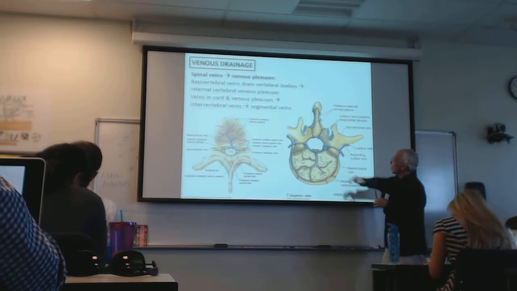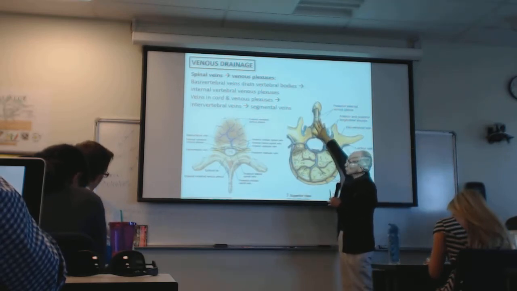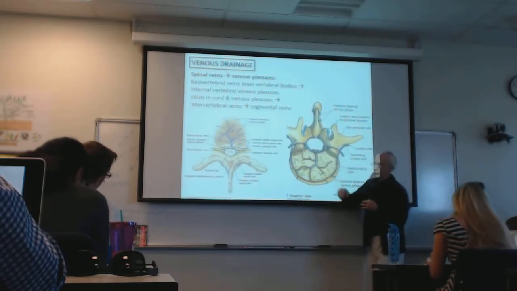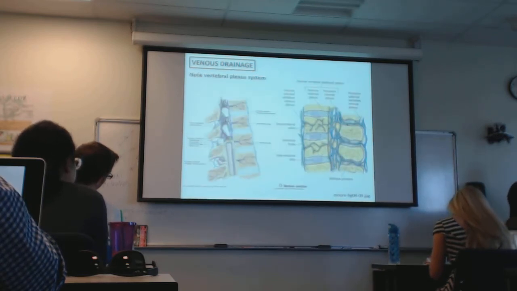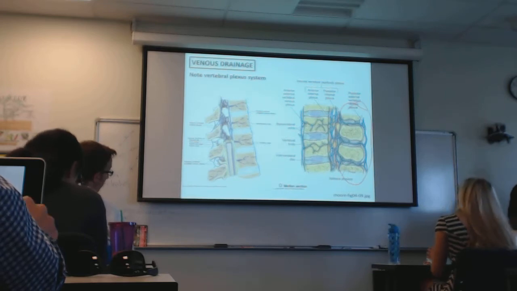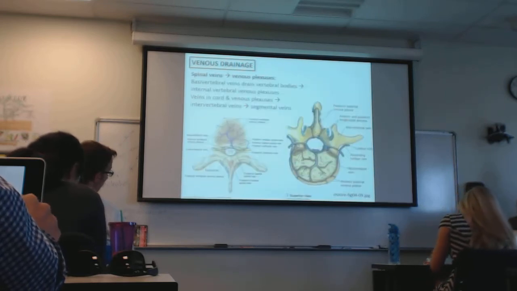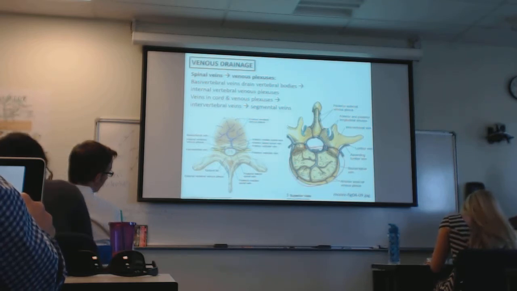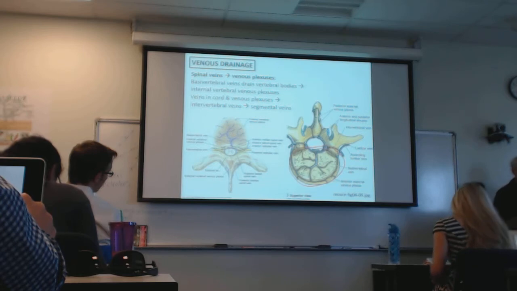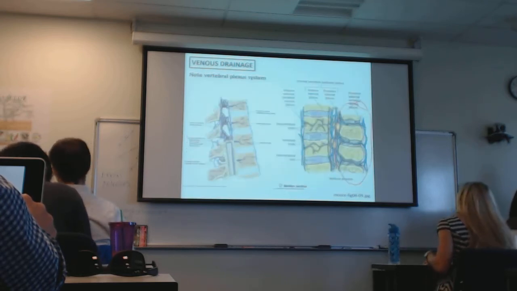So here's the posterior plexus, and if you look at the next slide, you get some sense of how complex this is. This would be portions of the posterior plexus here. The anterior plexus drains the body, the vertebral body. And then all of that blood